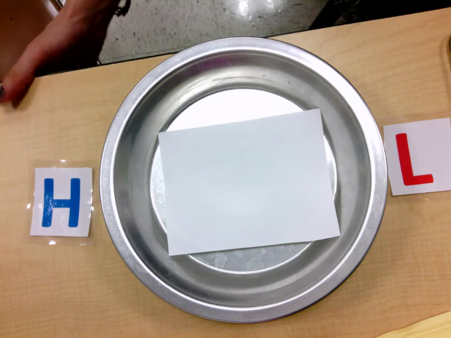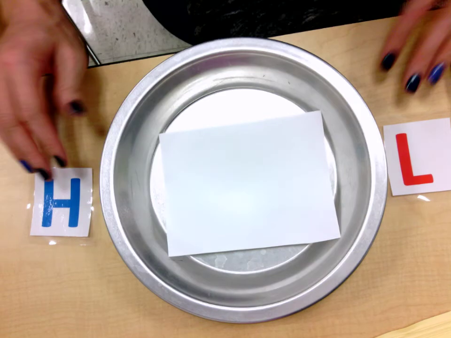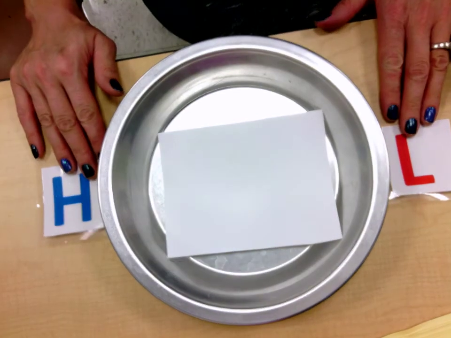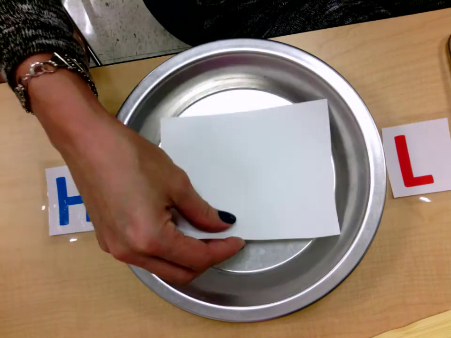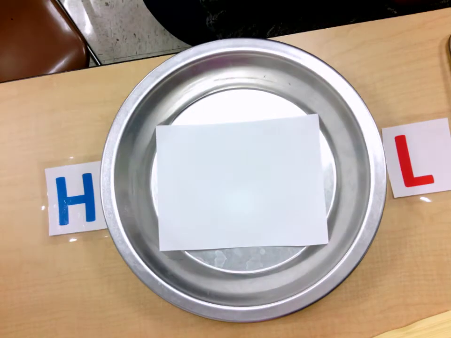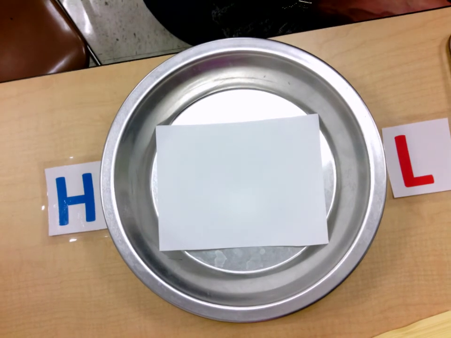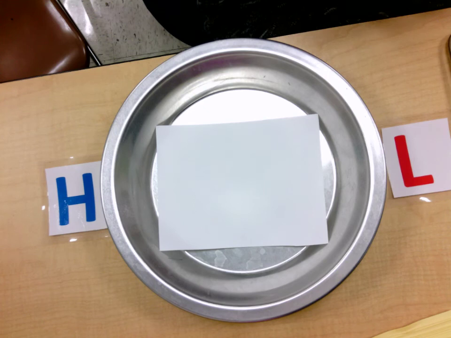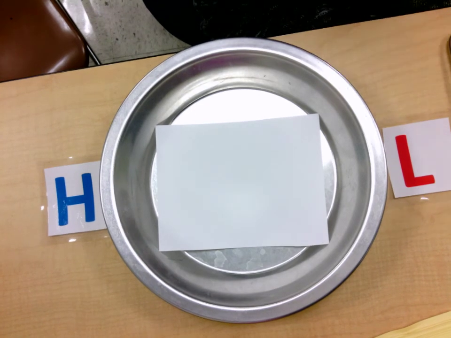Okay, welcome everybody. This is the setup for the Coriolis lab. So you'll see you have an H and an L to represent your pressures. You've got a pie plate here, and you've got a piece of paper. We're going to use the piece of paper just to draw on, and the pie plate's going to represent our rotating Earth. So because I'm going to draw on the piece of paper, when I tape this, I kind of